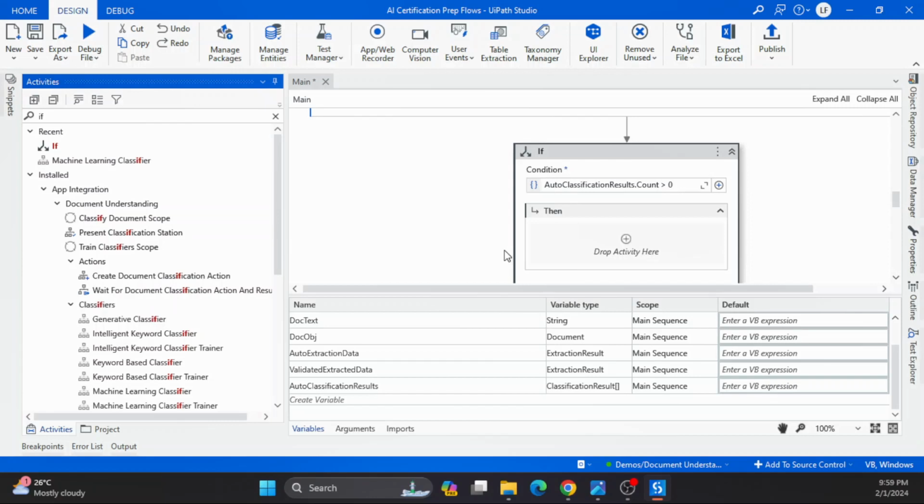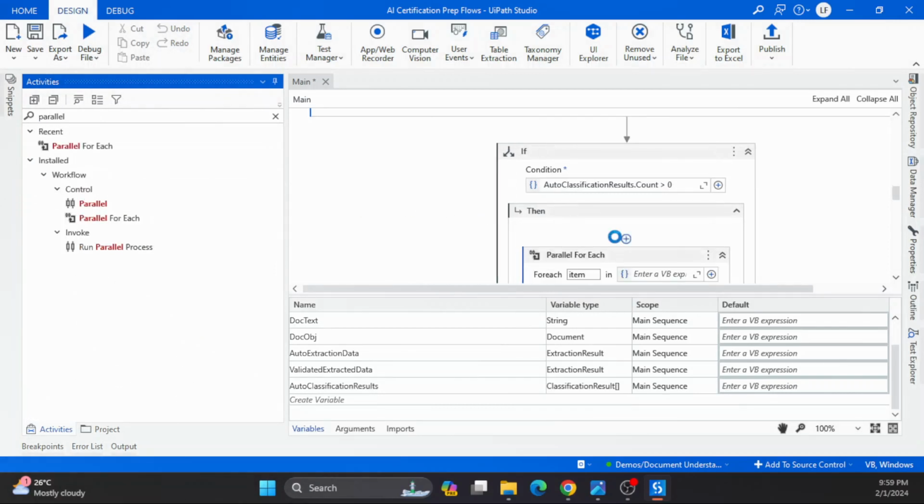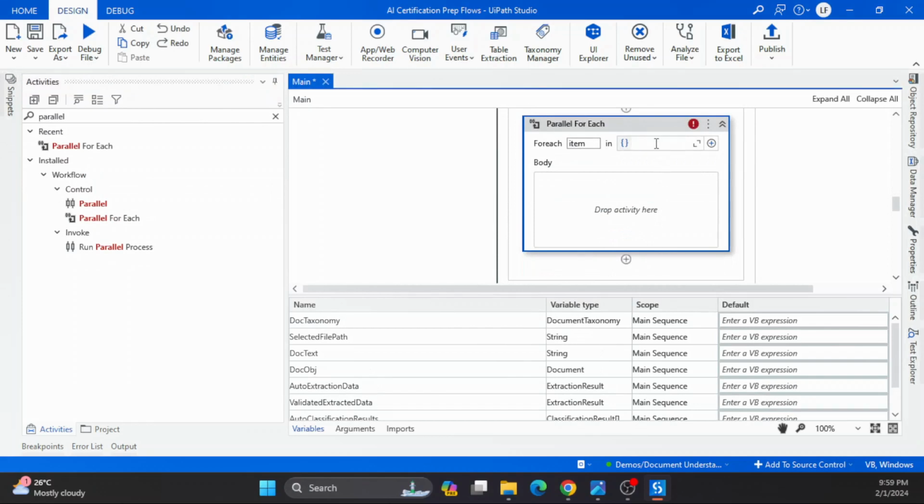But if we use a parallel for each, we can process them in parallel and extract the data in parallel without running in a sequential order. That's the best way to do it. We can use a parallel for each and loop through our extraction results,